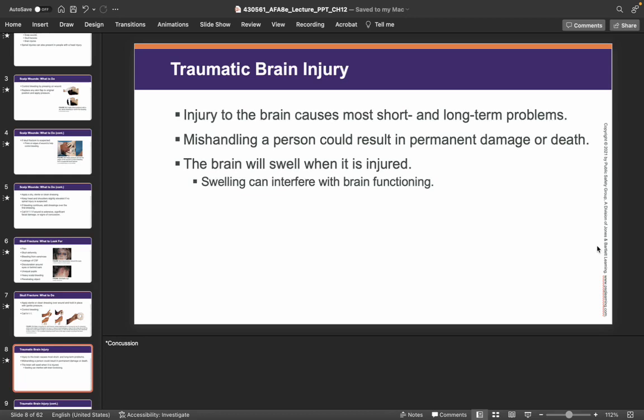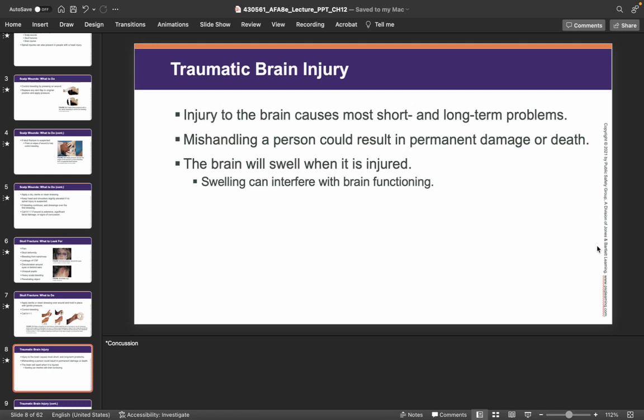Okay, anytime these traumatic brain injuries are mishandled, it really is dangerous and can have a big effect on this person's life, maybe even end their life. Anytime the brain undergoes some severe injury or trauma, it tends to swell. And that swelling is what interferes with brain function. It's not always life-threatening,